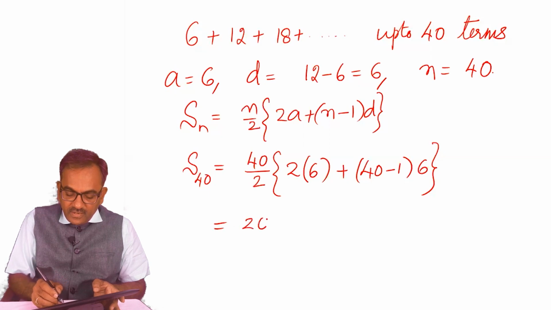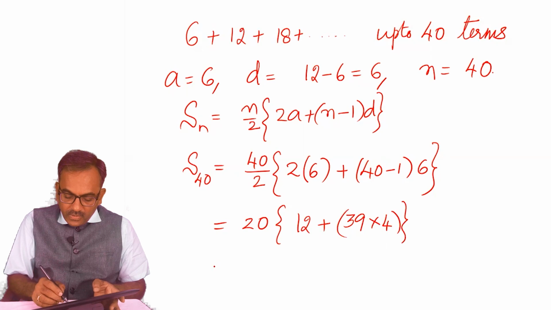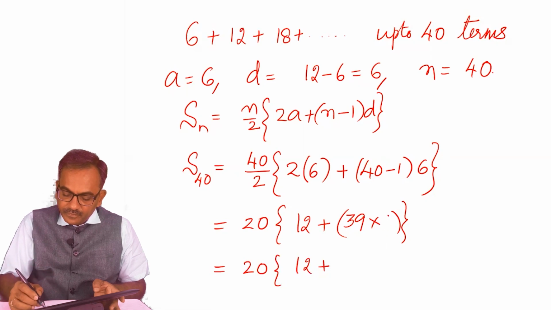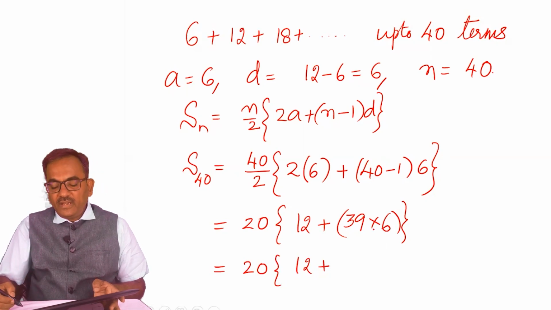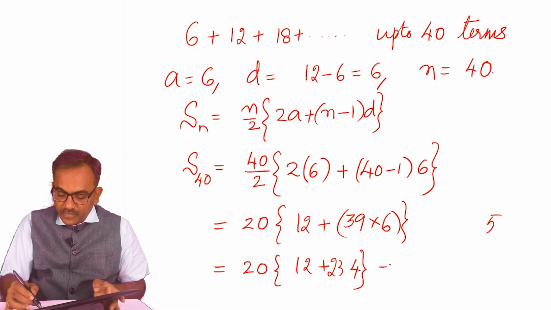So this is 20 into 2 times 6, which is 12, plus 39 into 6. So this can be rewritten as 12 plus 39 into 6. 6 9s are 54, 5 carry, 6 3s are 18, 18 plus 5 is 23. So this is 20 into